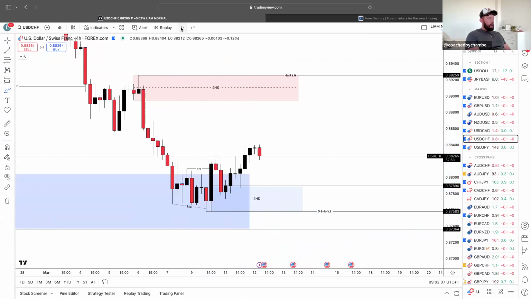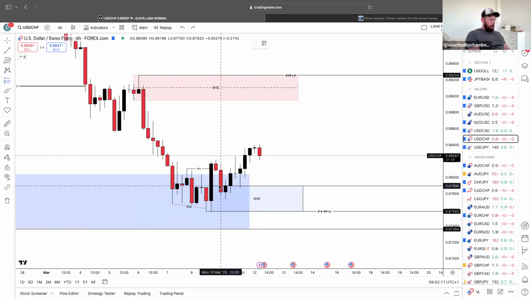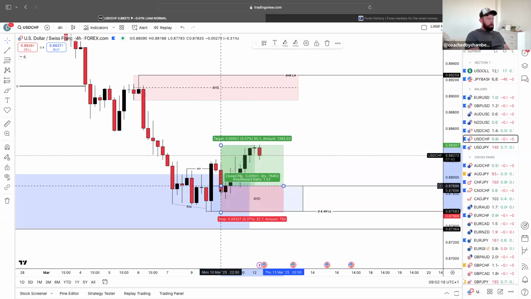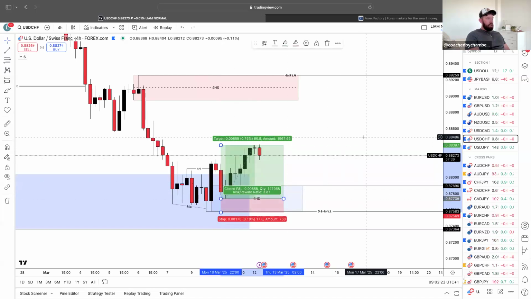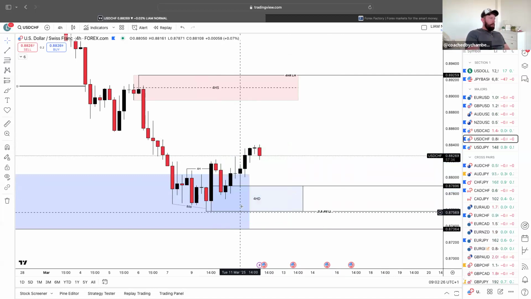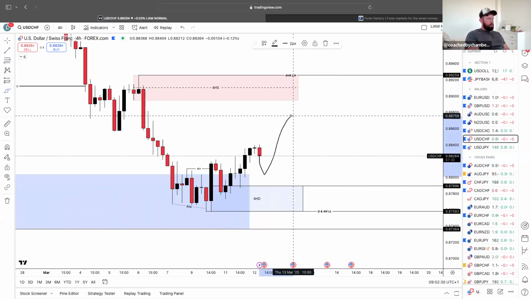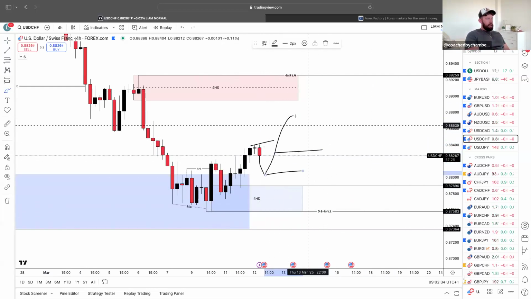So yesterday was quite a nice setup. If you would have taken it from the top of the demand area, with your stop loss below the low, you would only have hit around the 1 to 1.5. If you would have aimed for around half of the area, you would have managed to get yourself around the 1 to 3, 1 to 4, which I guess is pretty clean. Nothing clear for me right now. Again, it's CPI. I'm waiting for some sort of movement to happen. Let's say we get a break, then we can participate in this carrying on upwards.